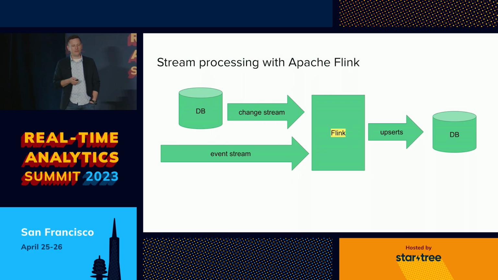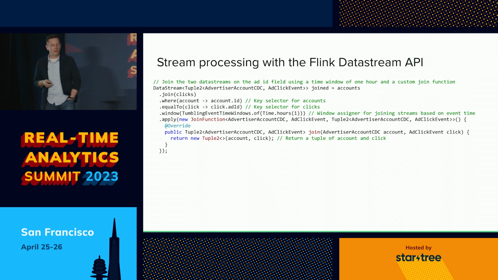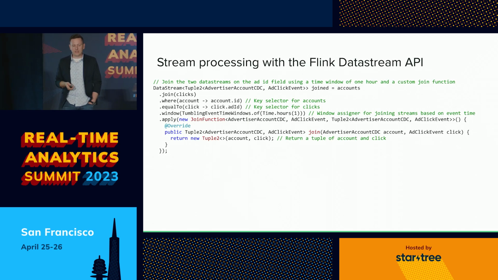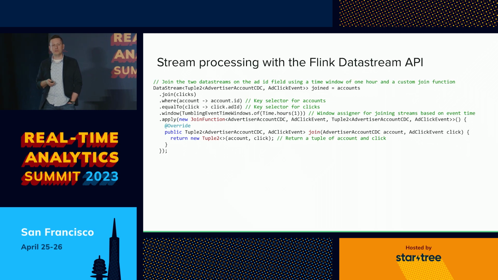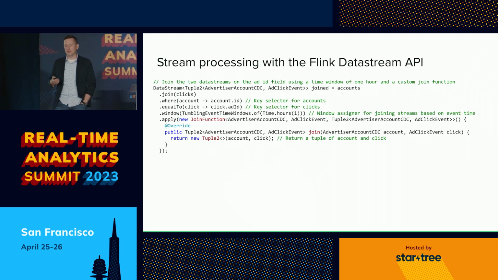All right, so let's dive a little bit into Flink. If you have experience with Flink already, you probably are used to thinking of Apache Flink as a stream processing framework. So let's look at what stream processing looks like in the context of Flink. One way to write stream processing jobs with Flink is to use the DataStream API. I don't want to walk through this code, but I just want to point out that it's already fairly declarative. It's in Java, but you see joins, you see filters, you see windows. We're not writing for loops here, right? You're not exactly walking Flink through the process. It's already fairly declarative. It's just in Java, and it's maybe not configuration.